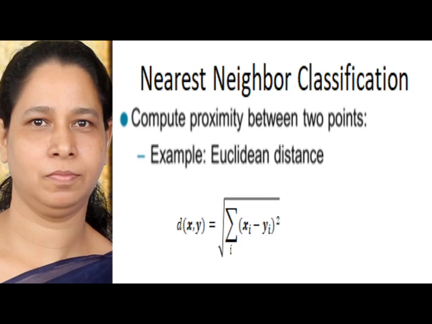In the numerical examples illustrated in this study, we are using Euclidean distance as the distance measure. The Euclidean distance between 2 points or tuples, say x = (x1, x2, ..., xn) and y = (y1, y2, ..., yn), is defined as d(x,y) = square root of sigma over i of (xi - yi) the whole squared.